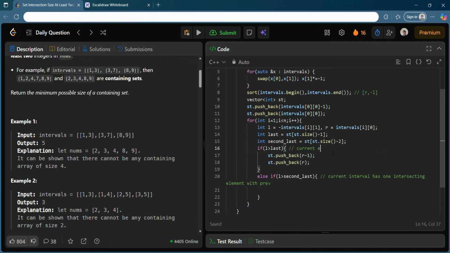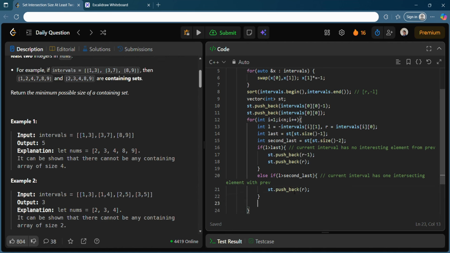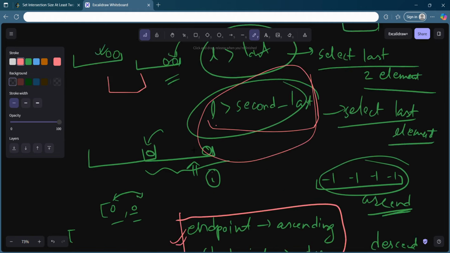Or for the other case, you can say that the current interval has no intersecting element with the previous. And if there is one intersecting element, what you want to do is not push this R minus 1, you should simply push this R. That is all. There is another case also where the current interval has two intersecting elements with